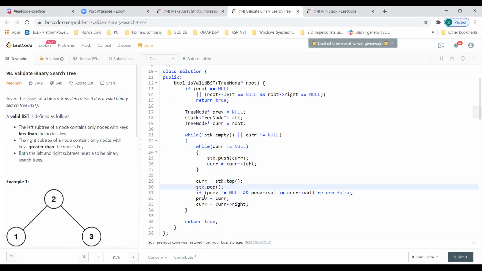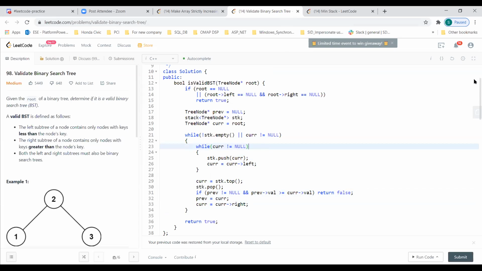When you pop out, you look at your prev; if it is greater than your current value, then it's a return false because you can't have that condition, right? And then you assign your previous to current. So next time you will come, and then this is your current, right? So this is the general in order. Yeah, understand.